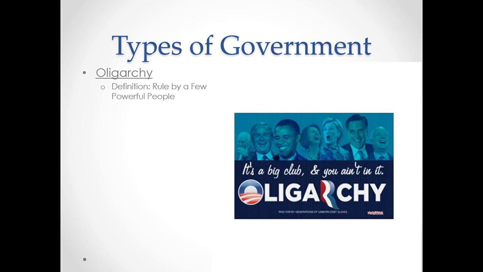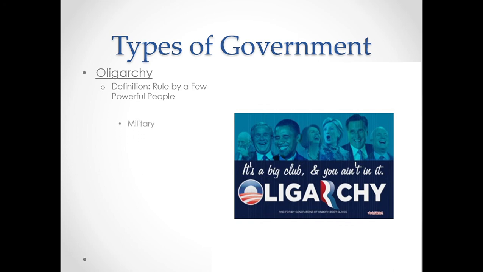So George Bush, who was president, his son, George Bush Jr., later became president. Hillary Clinton, who was Bill Clinton's wife when Bill Clinton was in office in 92 to 2000, later ran for president back in 2016, and as you know, she did not win. But a lot of people in government kind of keep it in the family. And so there's a joke that the United States is an oligarchy. It is not. It is a representative democracy, because you and I have the chance and we have the power to get into the government.